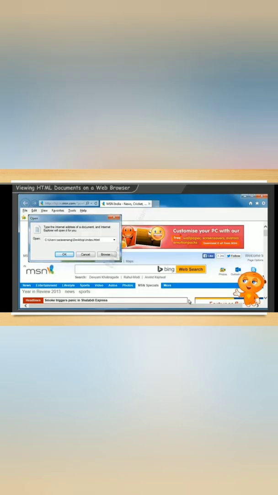After selecting the file, the address of the page is shown, like C:\Users\Narang\Desktop\index.html. So that file is on the desktop in the form of index.html. Now click on OK. Yes, students, you see here, this is the output of that page.